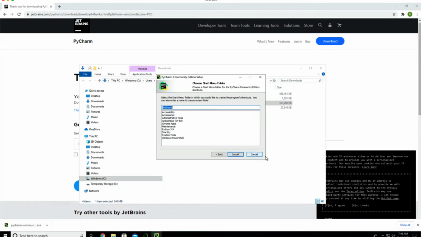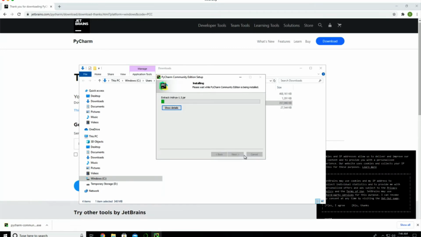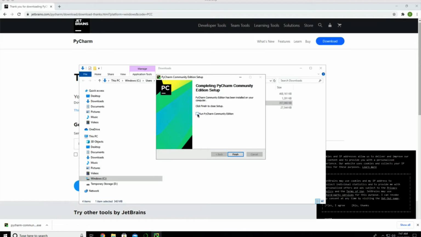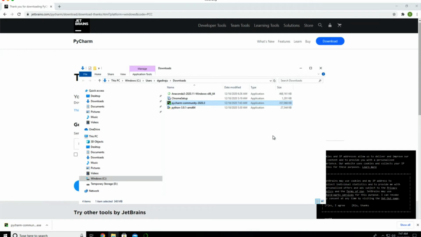Now I can click on next and then say install. It will take care of installing PyCharm on this machine. Once it is installed, you will see the landing page of this tool, and then we can explore how we can leverage it to create a project and also to launch the terminal. It will just take a minute or so to take care of the installation on this machine. Now the setup is done. You can select this so that PyCharm is launched after we click on finish. It will launch PyCharm for us.